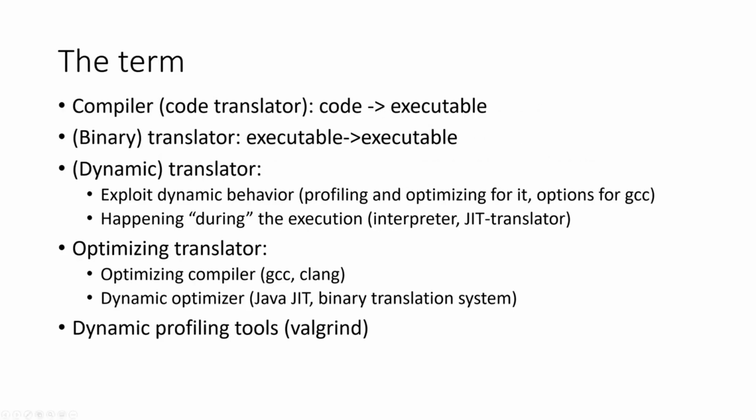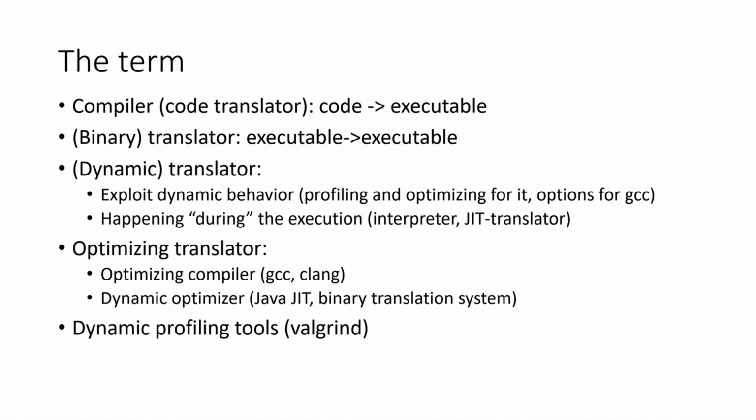First, we have compiler, or we can call it code translator, which effectively does just transforming the code, like in a high-level language, for example, to an executable file. And then we have binary translator, which does transform an executable into another executable. And then we have dynamic translator, which is